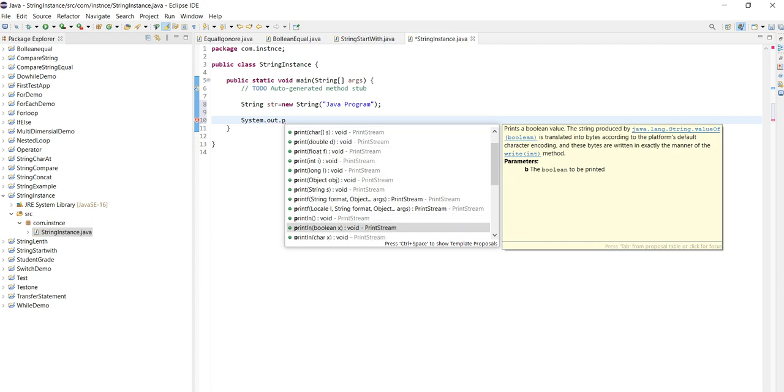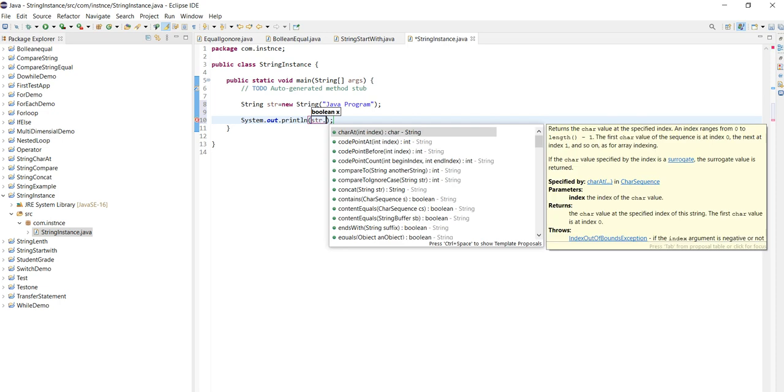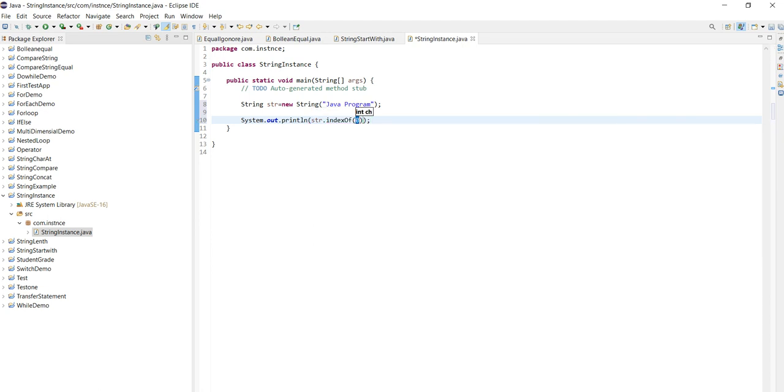So what will we write here inside this System.out.println? str dot, the string we defined, str dot indexOf.